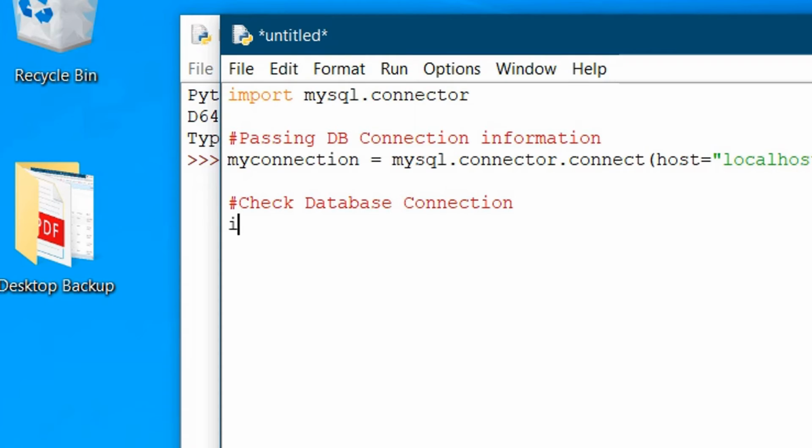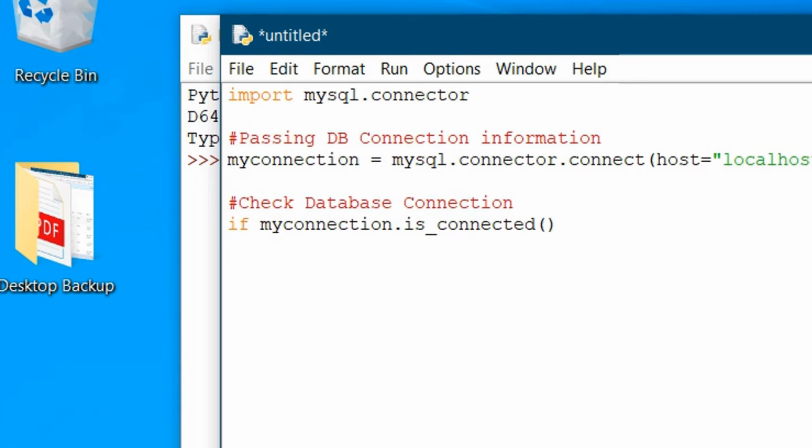If my connection, which is my variable, dot is_connected method. This is the is_connected method. The is_connected method is nothing but this method checks whether the connection to MySQL database is available or not. It returns true when the connection is available or returns false when the connection is lost.